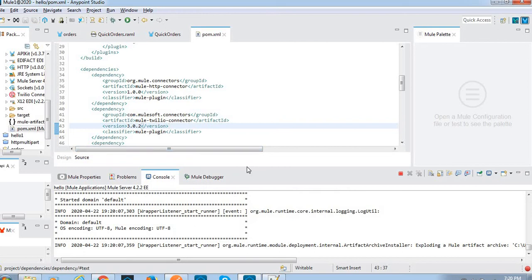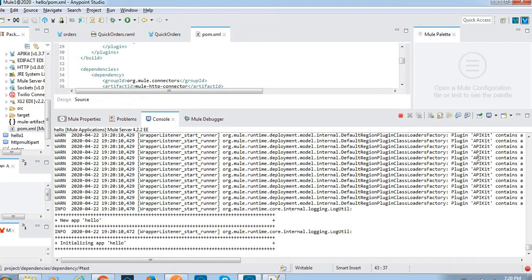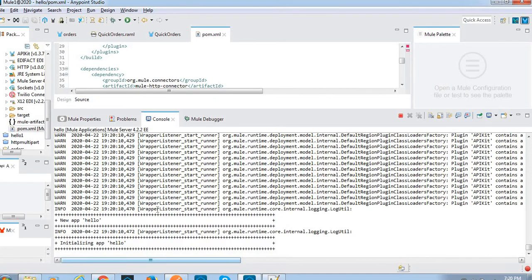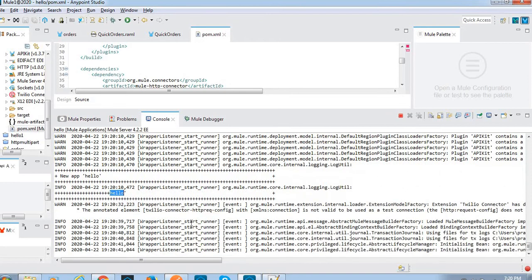See, it's downloading all the plugin details, packaging, everything, initializing our application. After that it will deploy the application into Mule runtime.